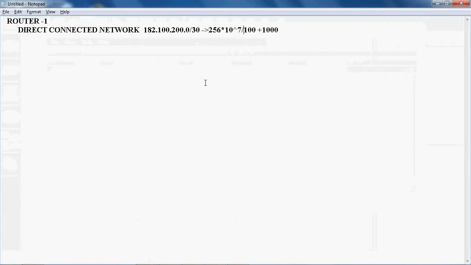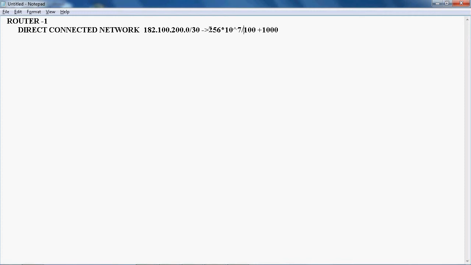One is the default metric value. Using the default metric value it can calculate the metric, and the other one is it can calculate using reliability, load, MTU, bandwidth and delay. By default it uses bandwidth and delay to calculate the best path. Okay, so that is the formula for calculating the default metric value,